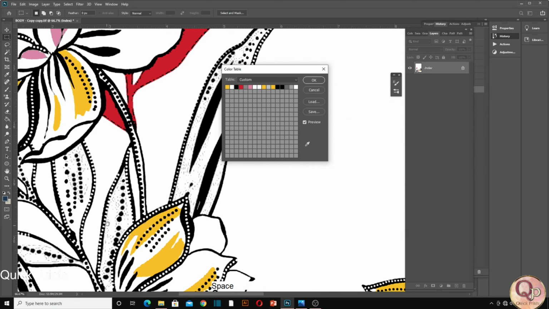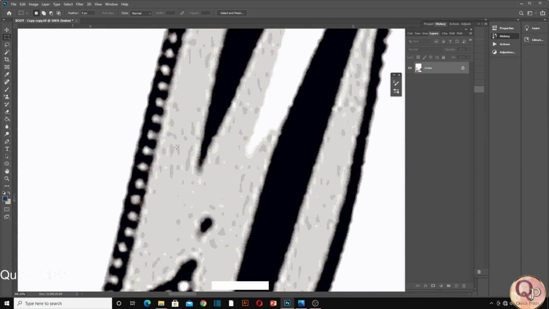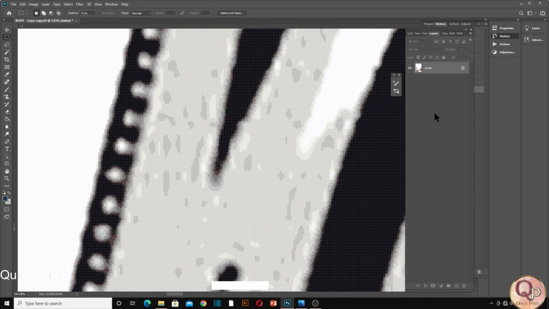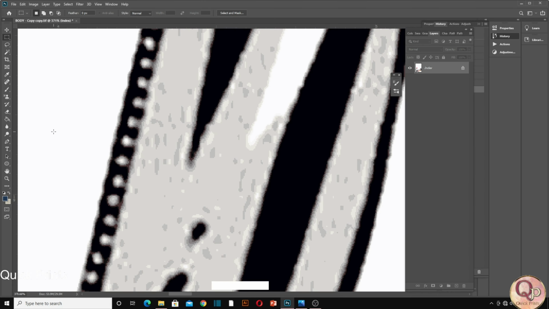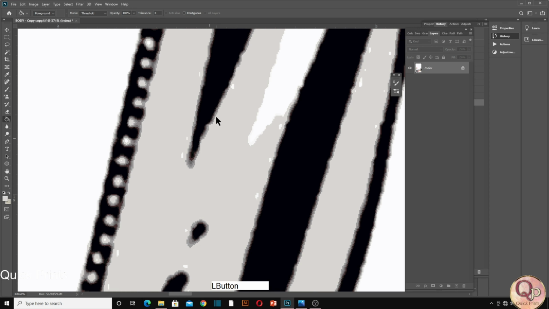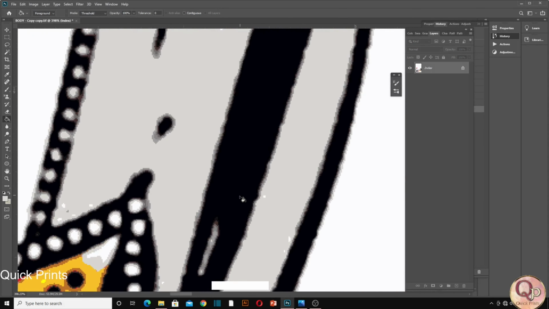Okay, I just noticed there is a gray which is lost. So let's undo first. We have to cancel all this because we need to see. Okay, this is another technique to fill the colors which I am using. Just press G for paint bucket. With Alt or Command you can pick color here and fill here, right? I'm just simply filling here.